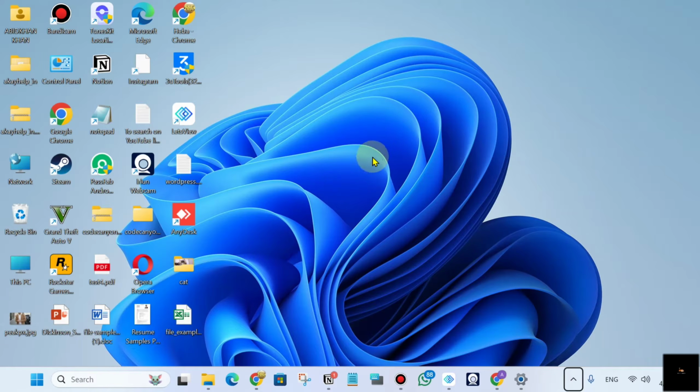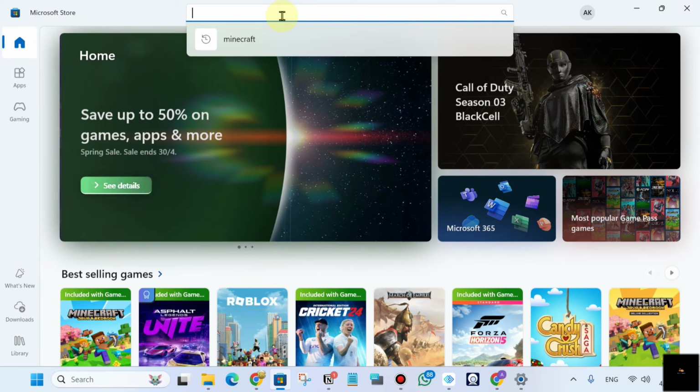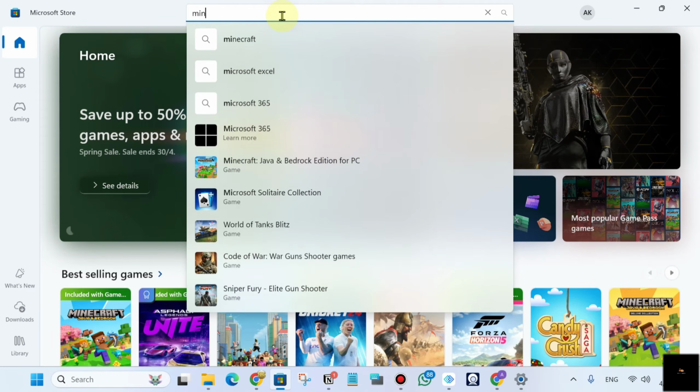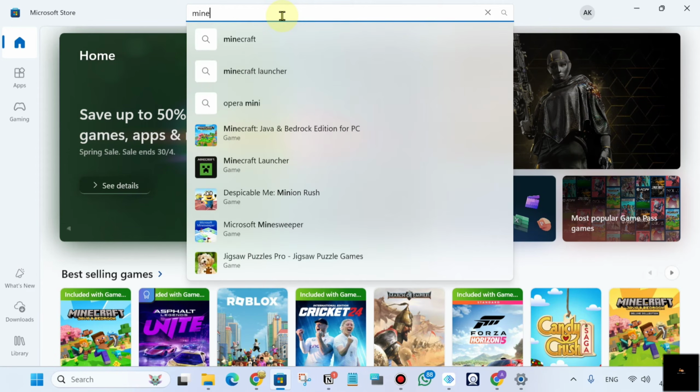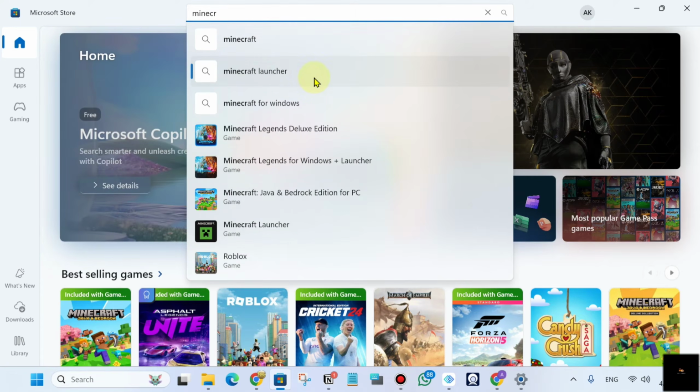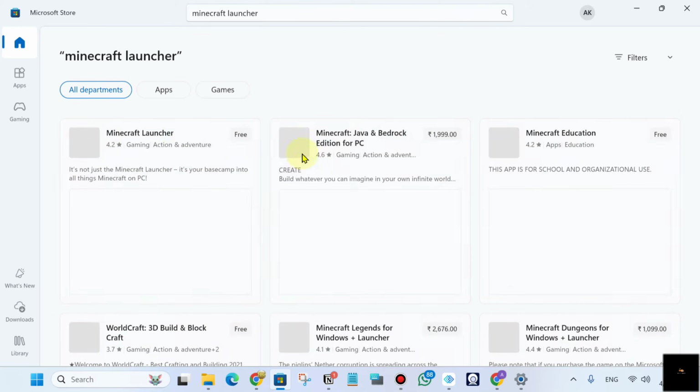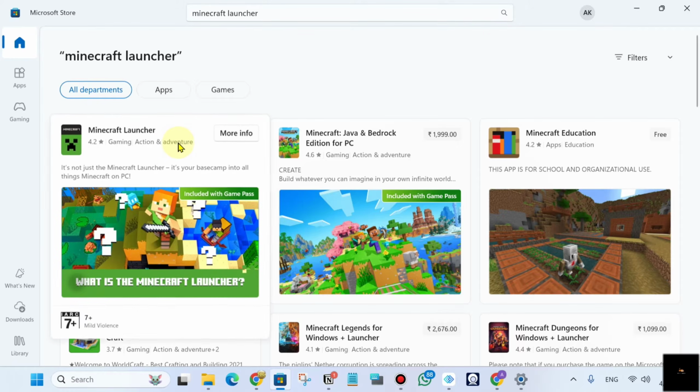We'll guide you through how to download and install Minecraft on your laptop and your computer. To do this, just go to your Microsoft Store app. Now search here Minecraft Launcher. Search it, click on Minecraft Launcher,